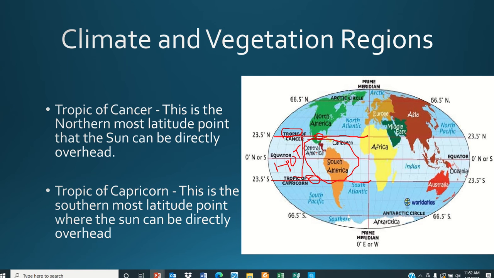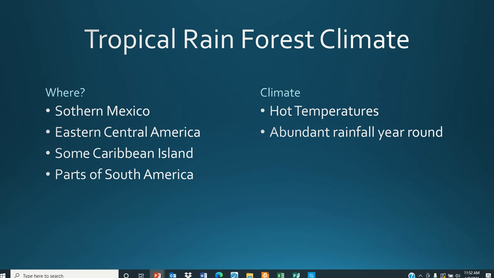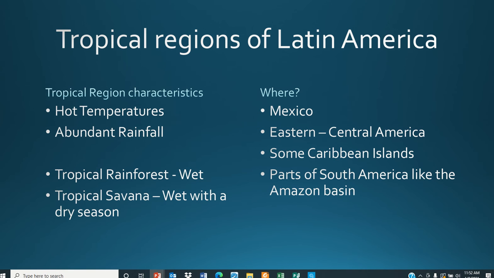Okay, we are going to move on. We're going to talk about the tropical regions of Latin America. There's 2 tropical regions. There's a tropical rainforest, and then there's the tropical savanna. Both of these tropical regions have hot temperatures and abundant rainfall, but the savanna has an extra one.